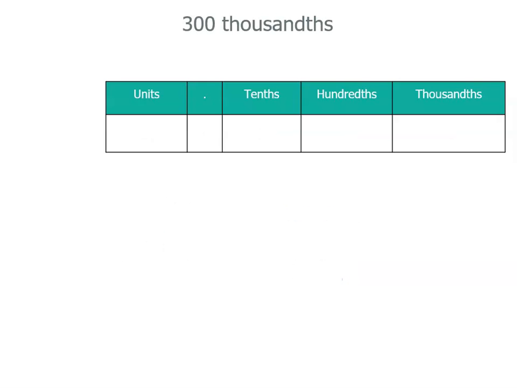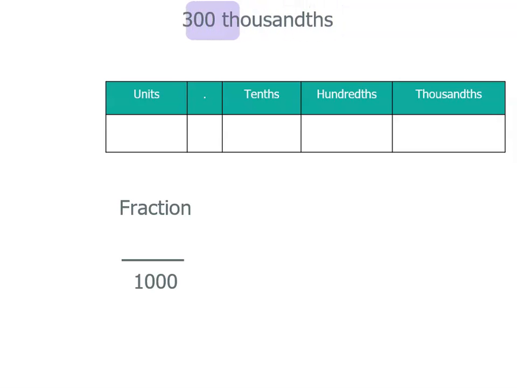What if we have 300 thousandths? Now, we've got thousandths again. So if we think of our fraction, 1,000 parts, and then we've only got 300 of them, again, it's less than a whole. So there are no units. So our 0 and our decimal point can go in. Now, we can do this the same way. We start at the 0, or the right-hand side of our number, and put that in the thousandths place. Moving left, we have another 0 and then a 3. So we've actually got